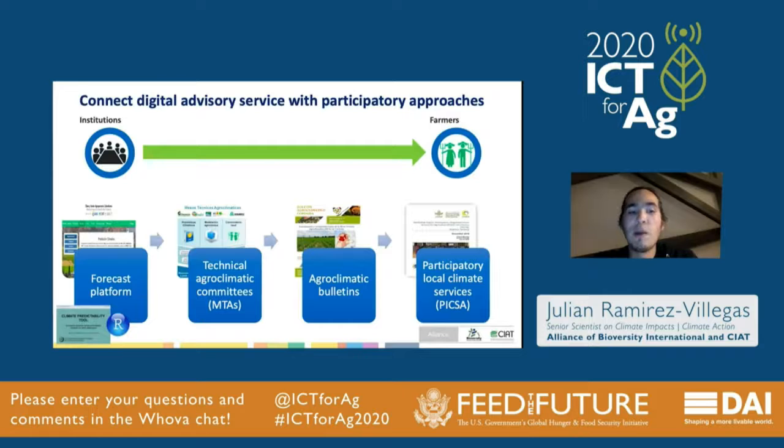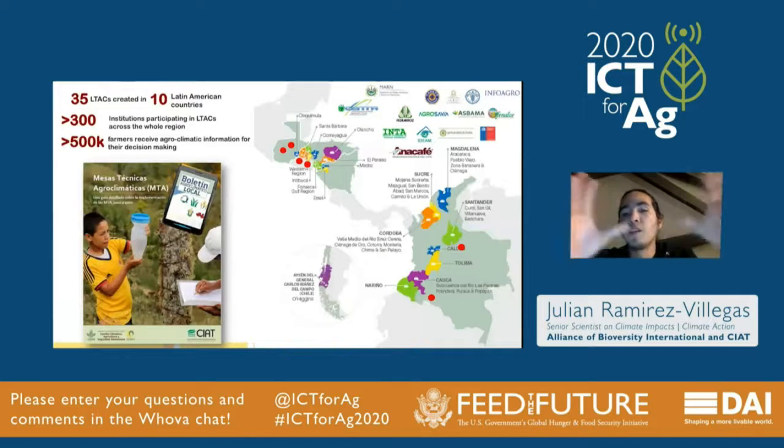In institutional empowerment, we start from these forecast platforms and these tools that help generate and communicate forecasts, and we create approaches to bring those to the hands of farmers. This involves approaches that we call the technical agroclimatic committees and the participatory local climate services for agriculture. In the technical agroclimatic committees, this is a little bit of a busy slide, but